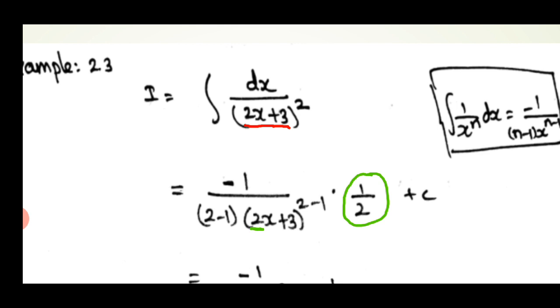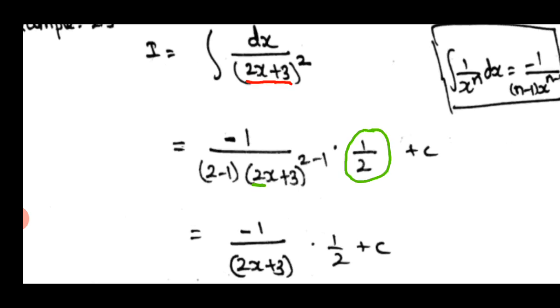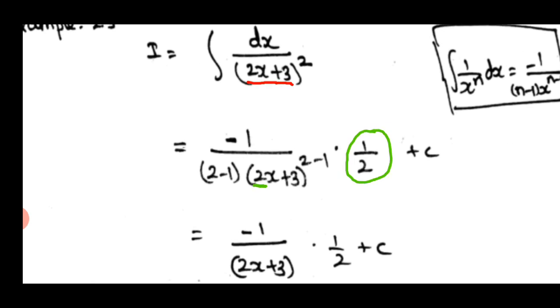After that into 1 by 2, I have written in a green color circle. You can see 1 by 2. Why have I written it? The reason is the coefficient of x is not 1 this time. So here you can see green color underline I have made, (2x plus 3) the whole power 2 minus 1. In that, the coefficient of x is not 1, it is 2. So whenever we have a different coefficient other than 1, we should divide the whole integral by that number.